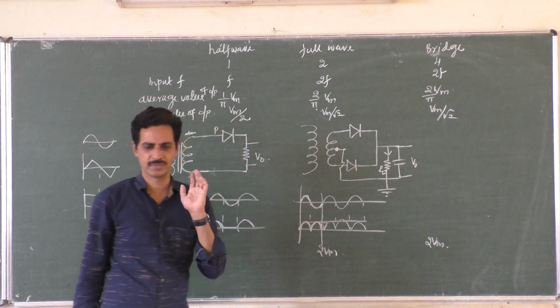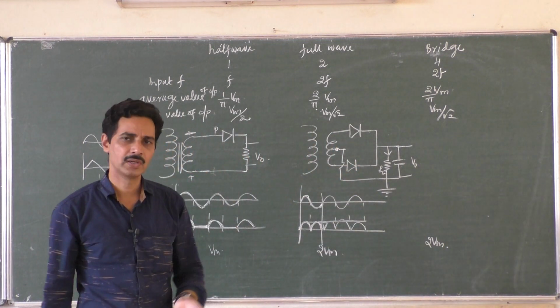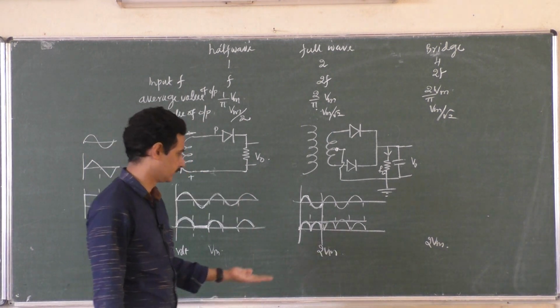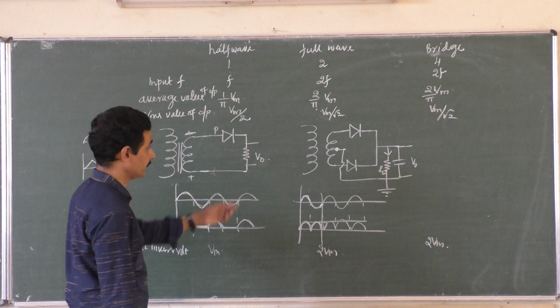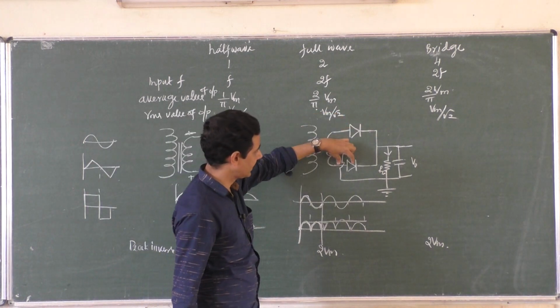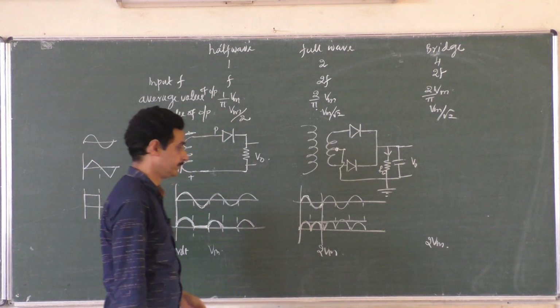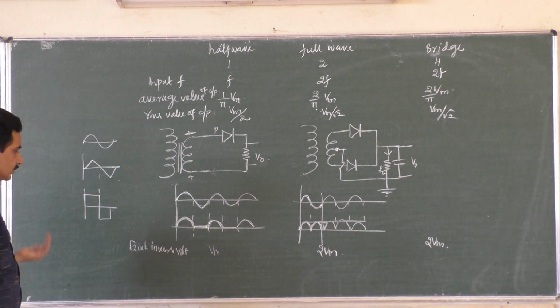I will give you that list of all the values. I have a small synopsis here. I didn't give all the points because the theoretical things you remember, only some technical terms are enough. So 2 Vm here. Suppose this diode is reverse biased, find out the voltage across this. It will be double the peak value, 2 Vm. Then peak inverse voltage is over.